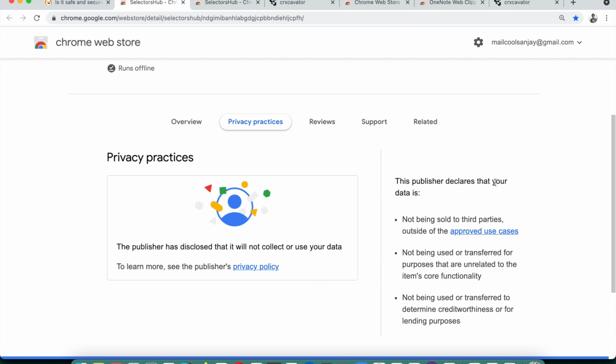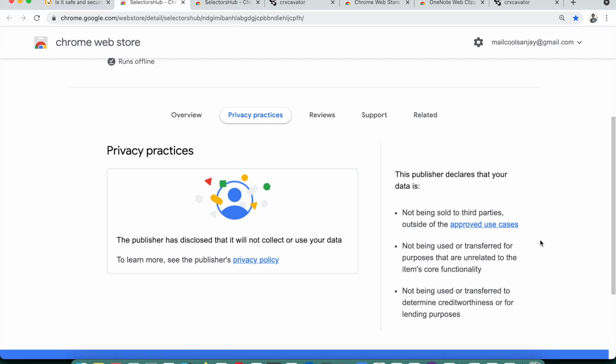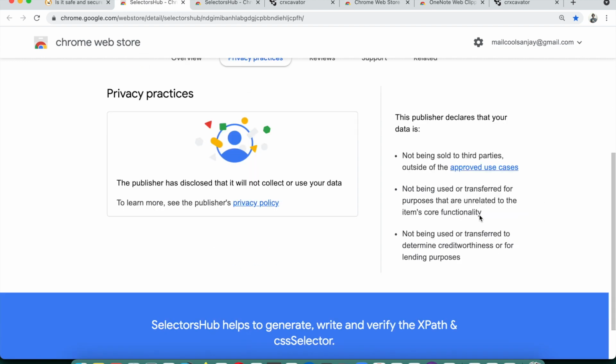Further, the publisher has declared that your data is not being sold to third parties outside of the approved use cases, not being used or transferred for purposes unrelated to the item's core functionality, and not being used or transferred to determine creditworthiness or for lending purposes.